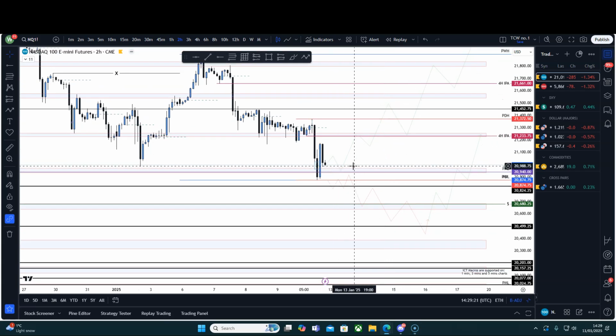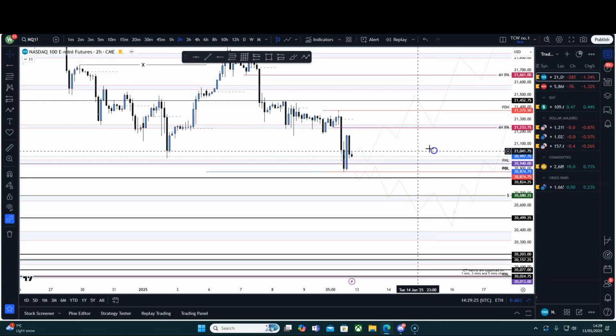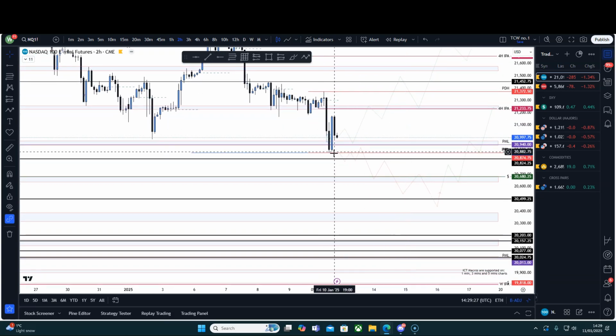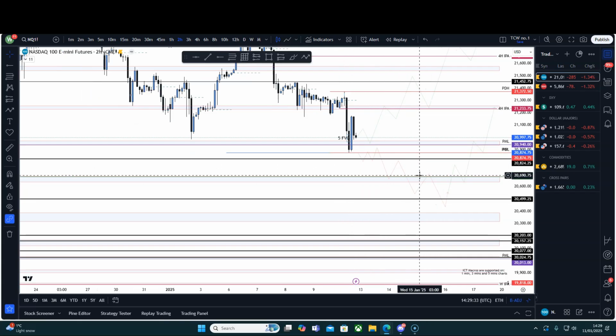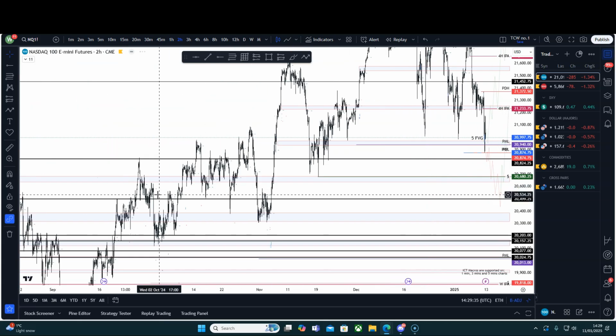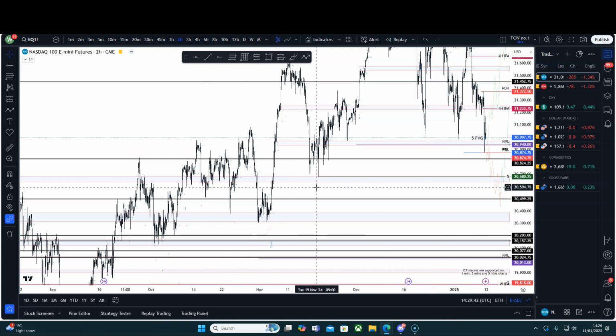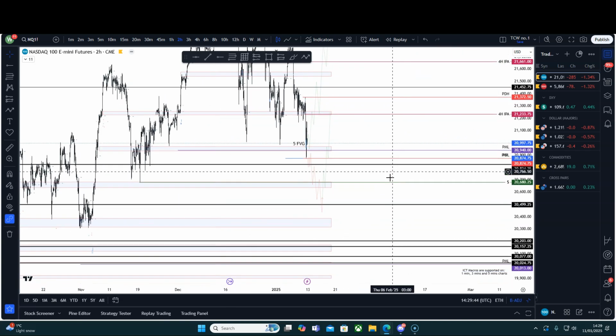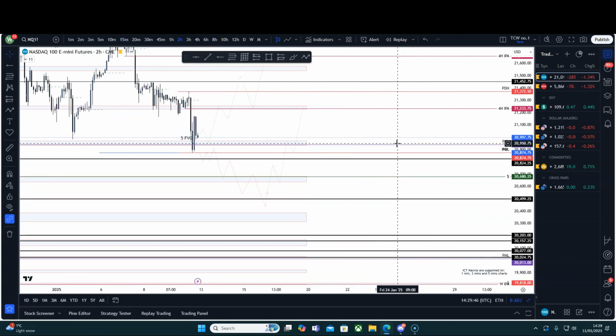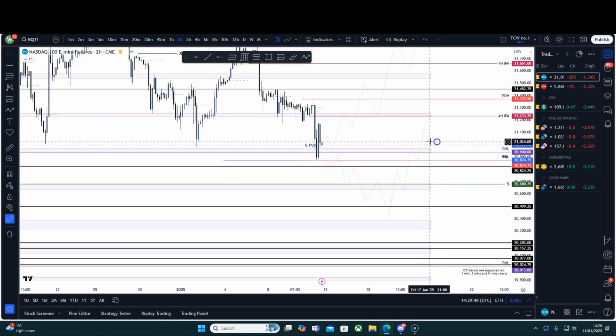Now, I am expecting NQ to find strong support and we can look to take price higher. If this does not happen, if we hold below the previous week low like this, then I'm expecting price to move further down to this lower range, as we're now at the high range. If we get back into this range, we can expect price to pull back to then bounce. I'm not too interested in taking shorts right now. I want to see how price reacts from this area.